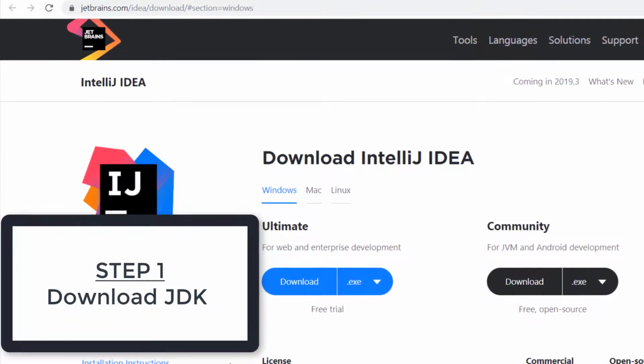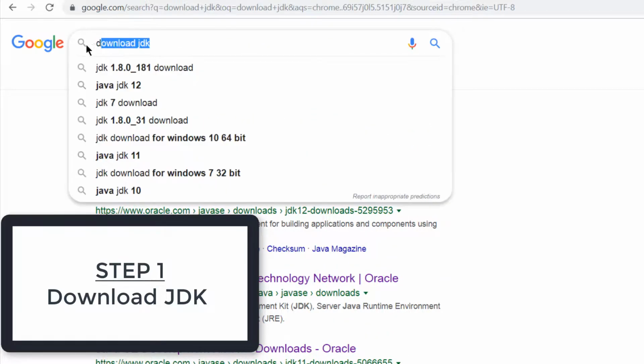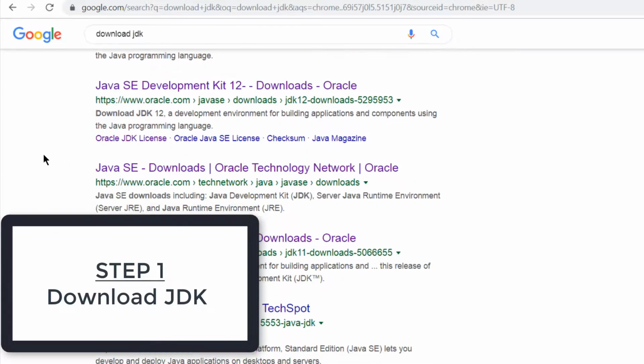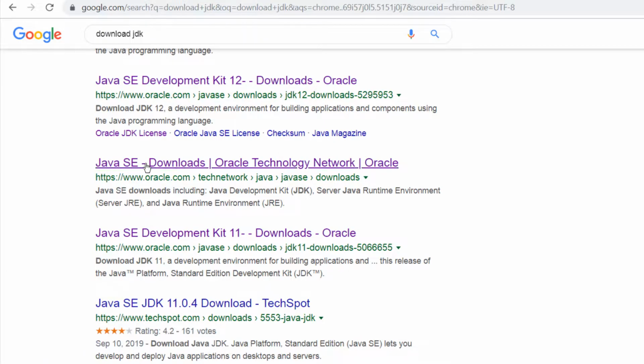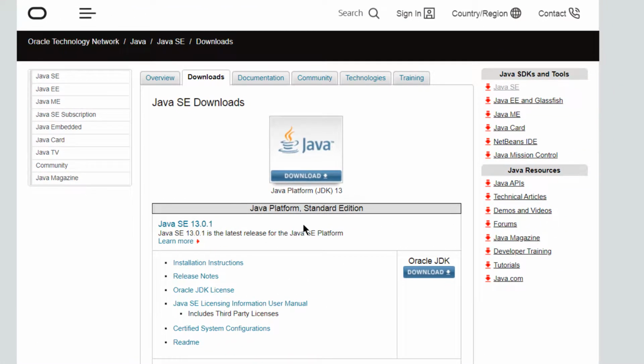So to install JDK, just go to Google and search for download JDK. And we want to choose this. So click on this one which says the downloads Oracle Technology Network. Click on that and then you'll end up on this page, and this page will show you the latest JDK. So I will just download this, which is the latest, and you'll just click here to download